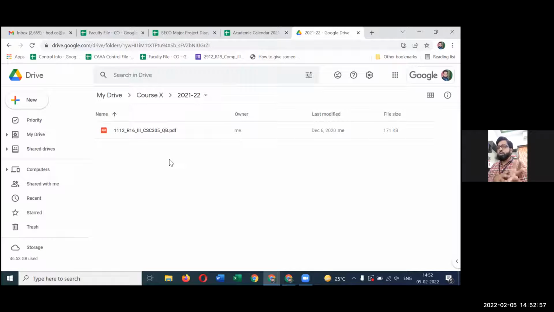Once I upload all the required data, then if I want to maintain any data, as I said, अगर आपका Excel का data है तो please have it on your Google Sheet. अगर आपका Word का data है so please have it on Google Doc. अगर आपका PPT का data है so please have it on Google Slides. Okay. So what you can do, जो भी आपने data upload किया है अगर आपको उसी को convert करना है, आपकी अगर Excel file है तो Excel file को आप open करो. Let me show you one example.